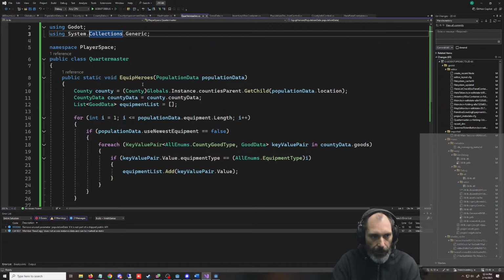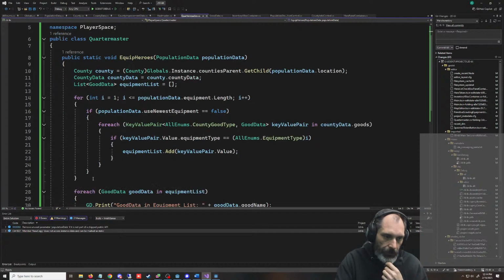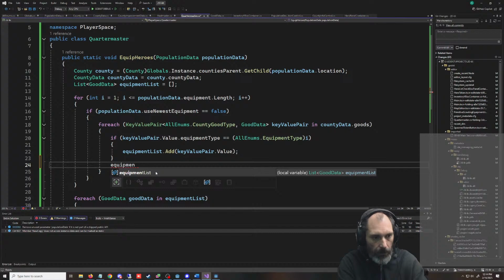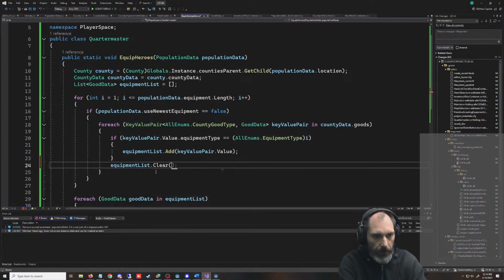All right, what were we doing here? Turned off my break timer. So this is going to run through. It's going to equip the heroes for each one of these. We only have one thing. We're going to have to clear this list. So after this, we're going to clear this list, if it will let us.